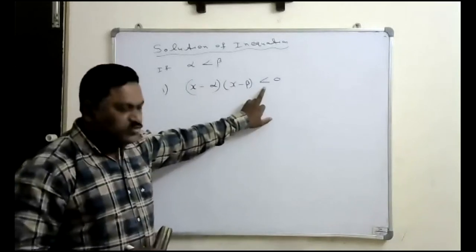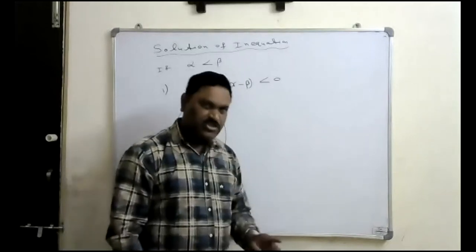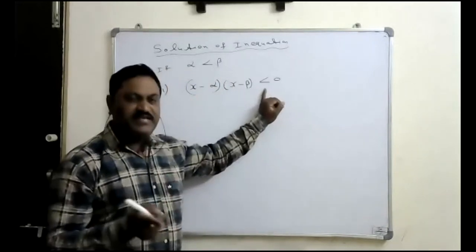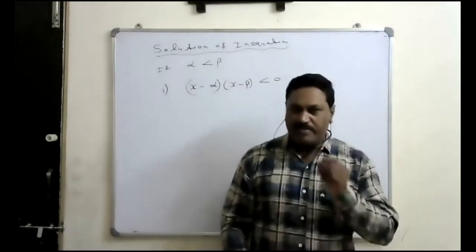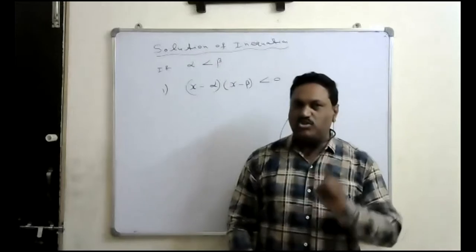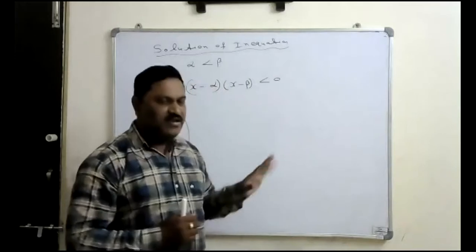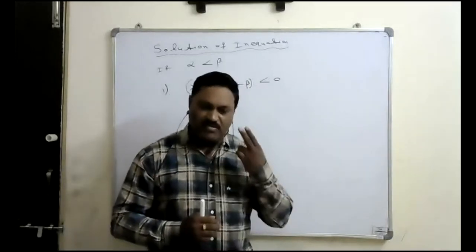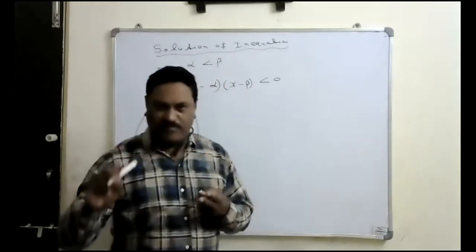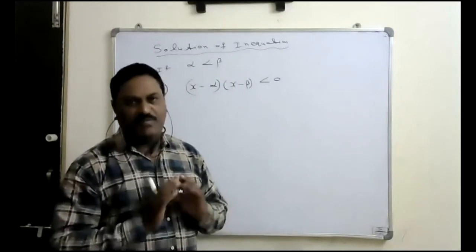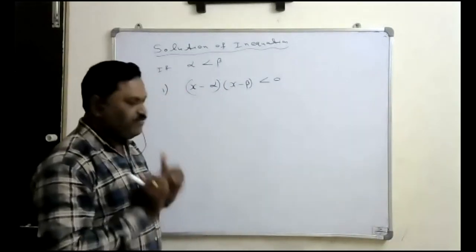When the equal to sign is there, that is called an equation. If a less than or greater than sign is there, that is called an inequation. If it is an equation, we will have particular values of x only, which are called the solution or roots of that equation. A quadratic equation has exactly two roots. But if it is an inequation, we will have many solutions, not a finite number of values. So how do we solve this inequation? Listen carefully.